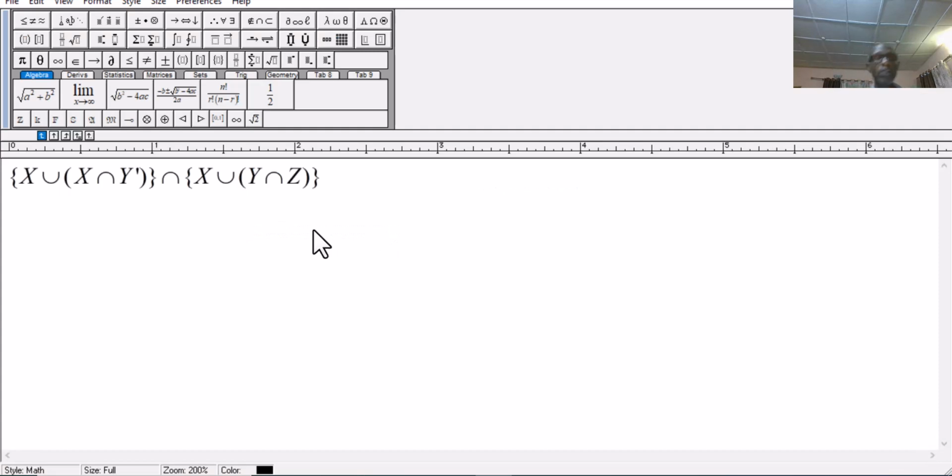Now, remember our law of distribution. If you look at this, x is common to both sides. X is something that they've distributed over x intersection y complement and y intersection z complement. That is what they've distributed over the two sets. So now the law of distribution, let me write it out. Let me use A intersection B